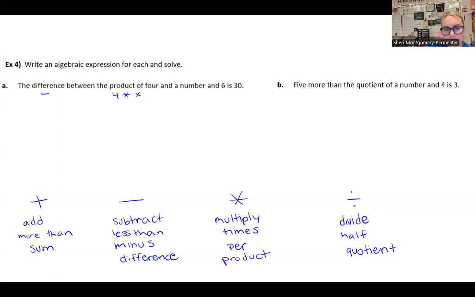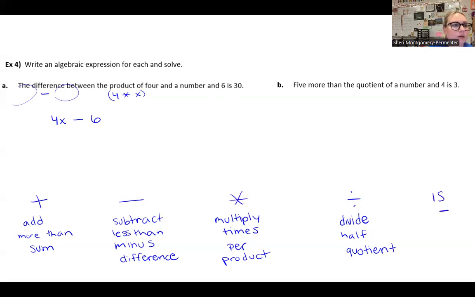This goes all together: 4 times X, the product of 4 and a number, and 6. We've got the difference of. Difference means you've got two things that you're finding the difference of. So we've got 4X and 6. So the difference of 4 times a number and 6 is,